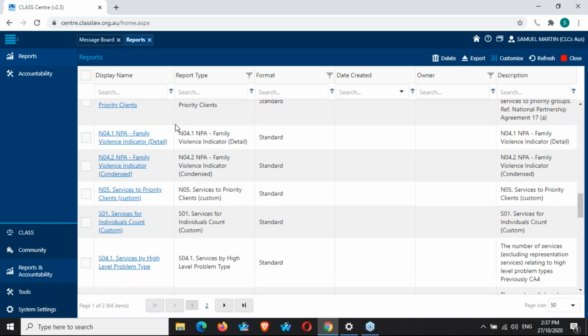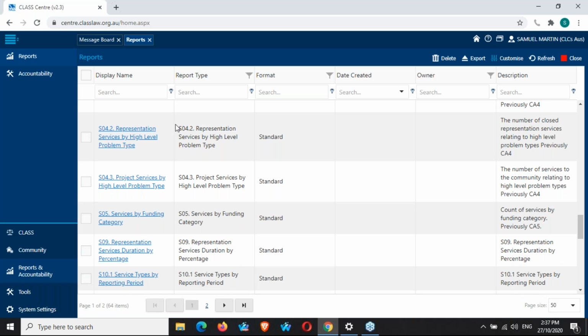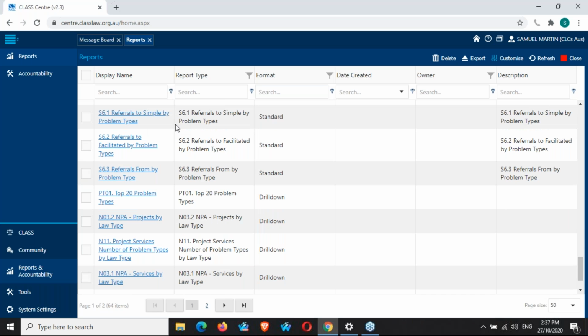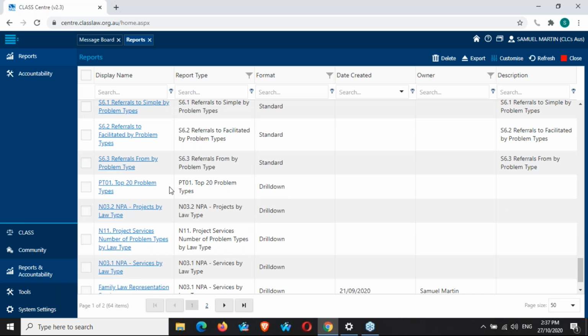And then there's this 1P report. I don't know if we will look at that one in much detail today. That's just the top 20 problem types. And then the only other one are the DIY reports. Okay, so